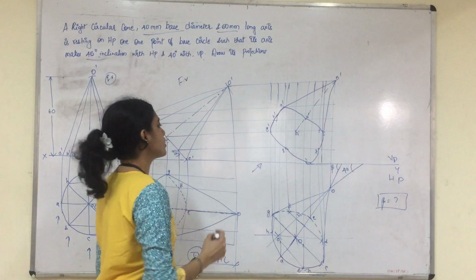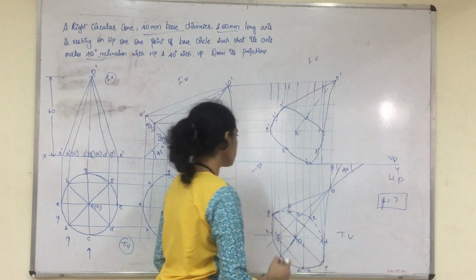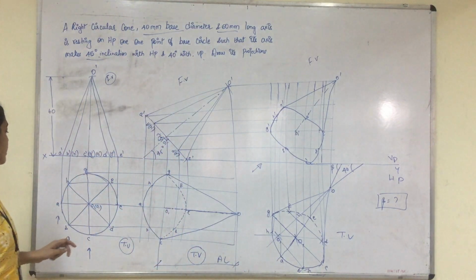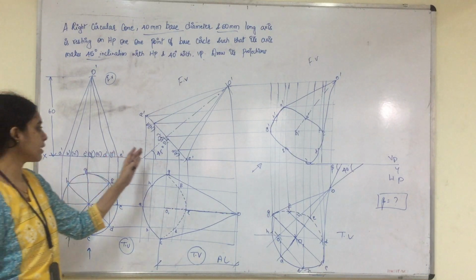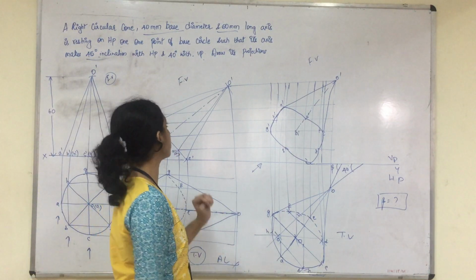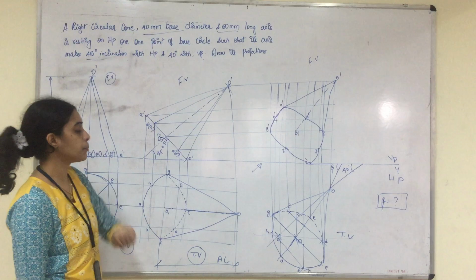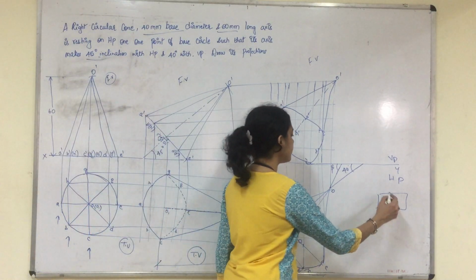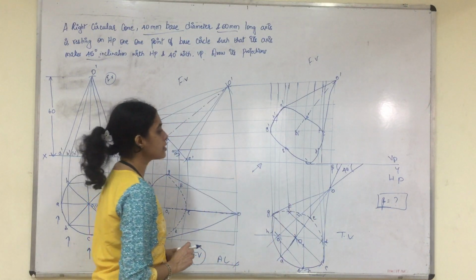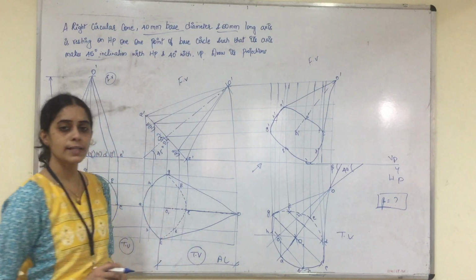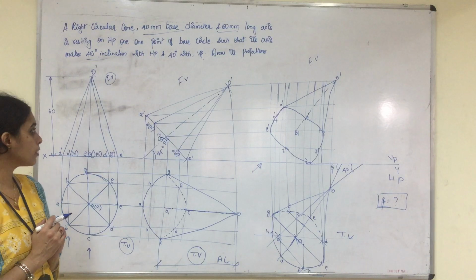Okay, so this will be the final stage of the front view and the top view of a circular cone when it is resting on one of its points on HP, and the axis inclined at 45 degrees to HP and at 40 degrees to VP. So when the axis is inclined to VP, we should determine the beta angle and then reconstruct the second stage top view to the third stage. So this is how the problem will be on a circular cone when it is resting on one of its points on HP. Okay, thank you.